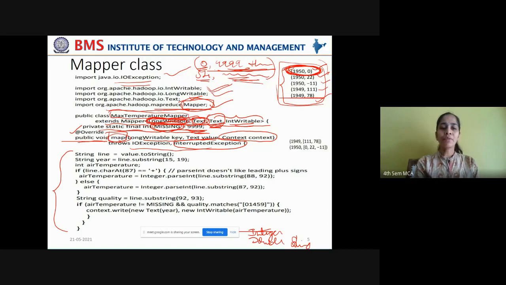Now come to the original description of this function. Understand this carefully. We are now creating a variable of type string. We are going to take only the data types of Java, because we have come into a Java function where we can customize according to our requirements. So we have taken a string variable line, and what does this receive? The value converted to string. What is the value that is passed to this map function? See here, I am highlighting.